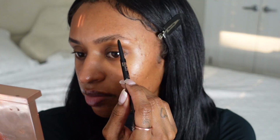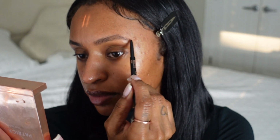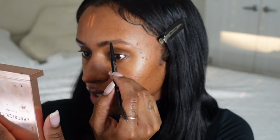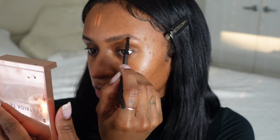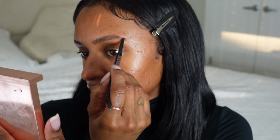So I really start by filling out the bottom and just using light strokes. This is the Brow Wiz in Ebony. I knew it was in Ebony. I'll link it below. I haven't really changed up my products too recently, so everything should pretty much be the same for the most part,